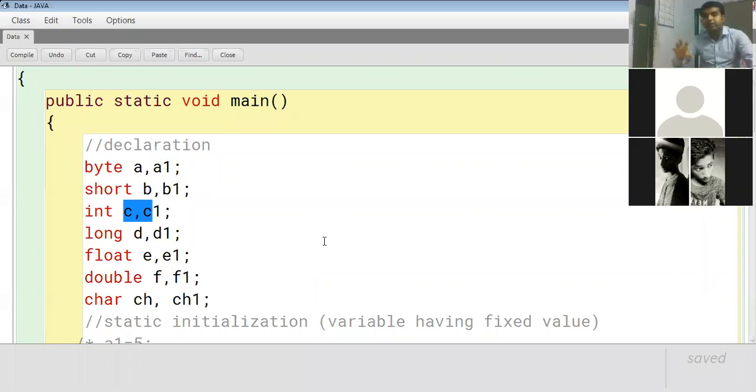Every value has a certain type. Whatever red color keywords you can see, these are known as types. You can also say data type. This data type indicates what kind of value this variable can store. Try to understand. We will go into details further.